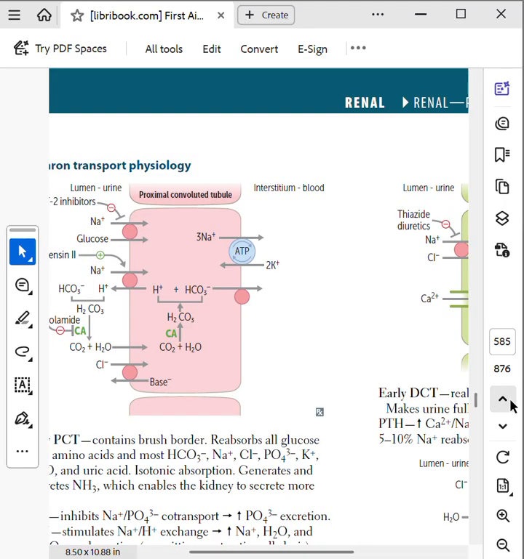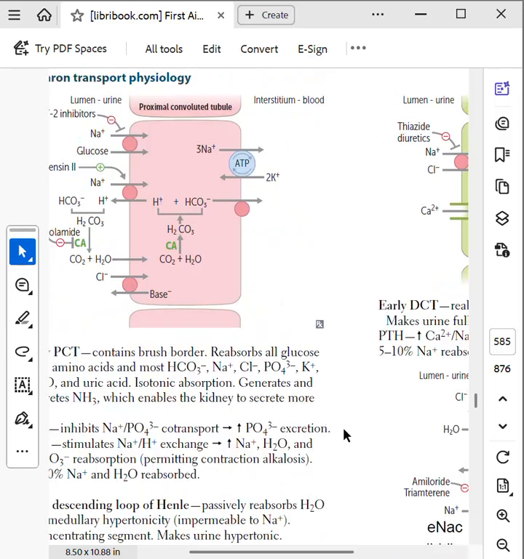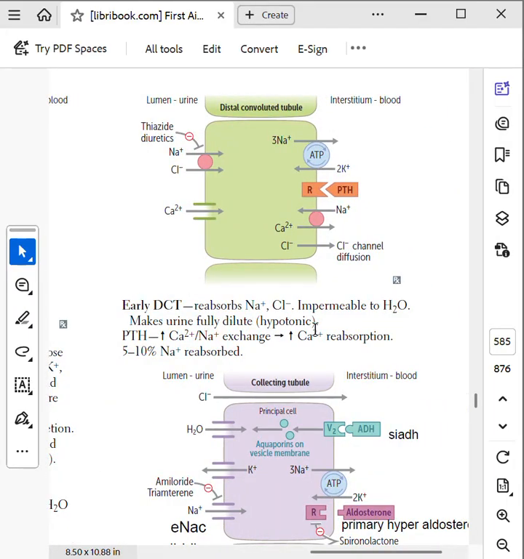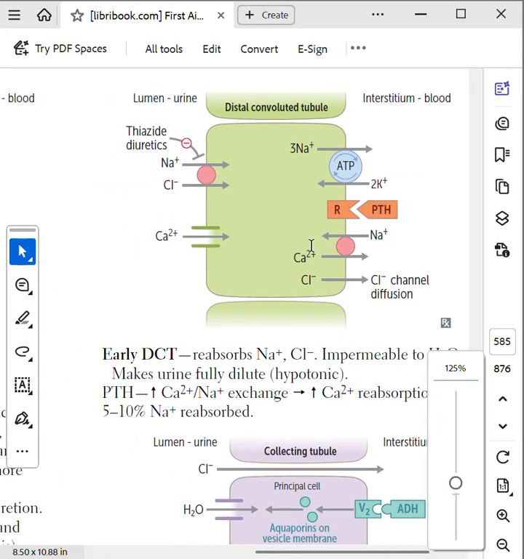ठीक हो गया। अब नेक्स्ट पार्ट पे चलते हैं। नेक्स्ट पार्ट हमारा है बेसिकली अर्ली डिस्टल कॉन्वोल्यूटेड ट्यूब्यूल। अर्ली डिस्टल कॉन्वोल्यूटेड ट्यूब्यूल पे आपका पैराथायरॉयड हार्मोन भी काम करता है, ठीक है। प्रॉक्सिमल कॉन्वोल्यूटेड ट्यूब्यूल पे भी काम करता है, लेकिन 80% जो आपका फॉस्फेट होता है वो प्रॉक्सिमल कॉन्वोल्यूटेड ट्यूब्यूल से ही रीअब्जॉर्ब होता है, लेकिन थोड़ा सा पैराथायरॉयड हार्मोन 20% यहाँ पे भी काम करता है। अर्ली डिस्टल कॉन्वोल्यूटेड ट्यूब्यूल में you reabsorb the sodium and the chloride,